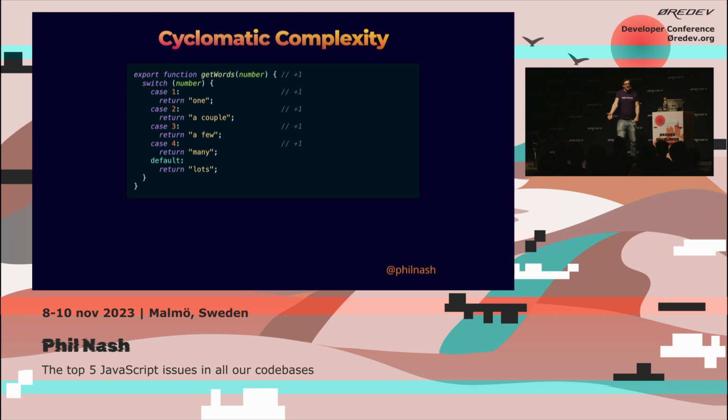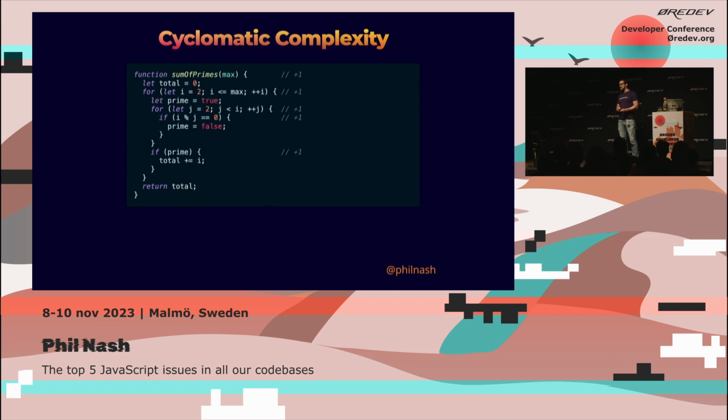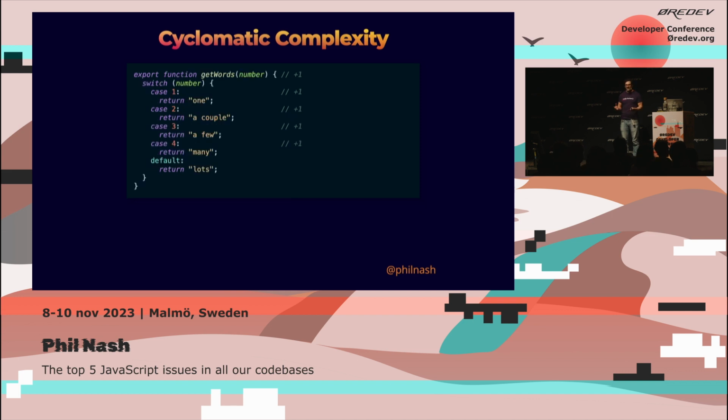And so because this is a switch and because each one has a different route through it, we score 1 for it being a function and then 4 for each of the cases. And this gives us 5. And you probably agree, I'd like to think you agree with me, that this function with its 2 loops and nested conditionals is not the same complexity when reading it, when trying to understand what's going on, as this switch